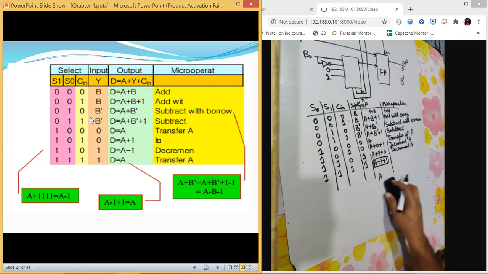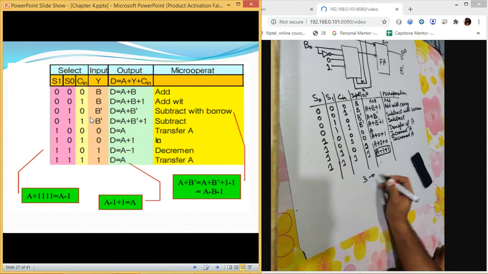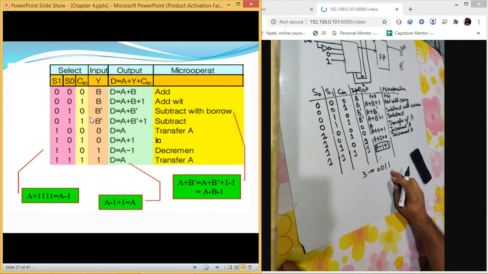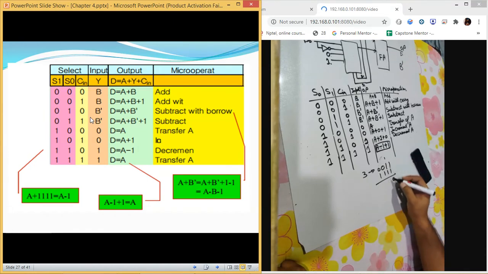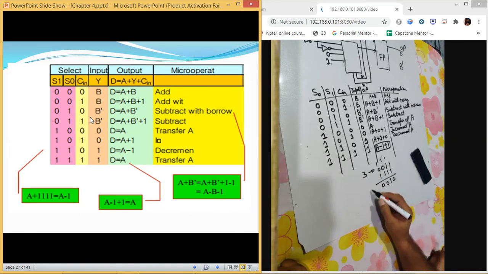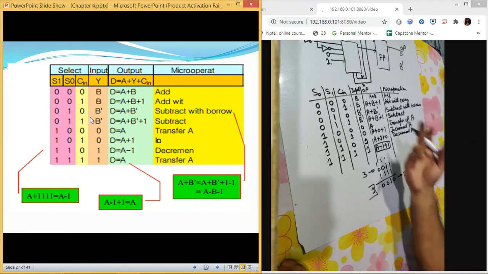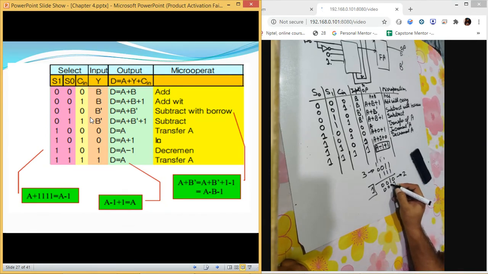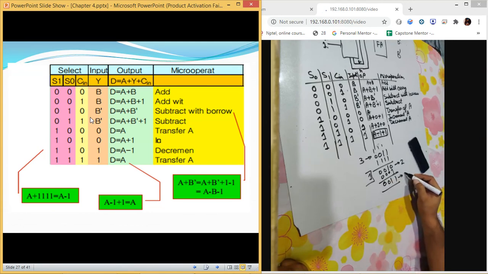A. Like if I do it in this way, this is a value 3 here. Now I say you just decrement this value by 1. So you do this. So 1 plus 1 is 0, 1 plus 1 plus 1 is 1, carry 1, 1 plus 1 is 0, carry 1, 1 plus 1 is 0, carry 1. So what you are left with is 2. Now I say, this was the decrement. Now increase it by 1. So you perform the increment by 1. So 1, 1, 0, 0. So what is it? It is again 3.